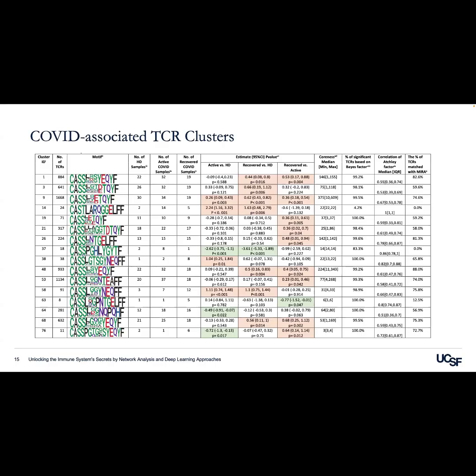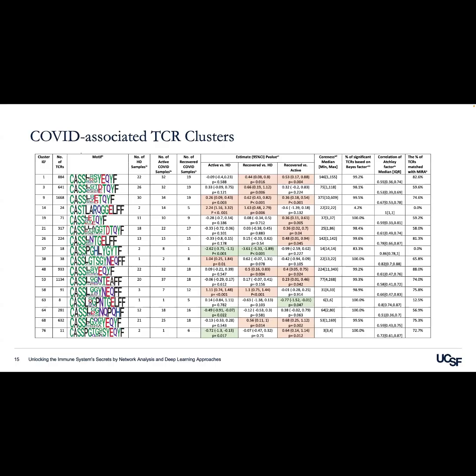MIRA is a curated data set with wet lab validated TCR antigen information. All the antigens represent SARS-CoV-2 epitopes. So you can think of the TCRs in that database as all having been verified as SARS-CoV-2 epitope specific. For example, the first cluster, I apologize for the small font,